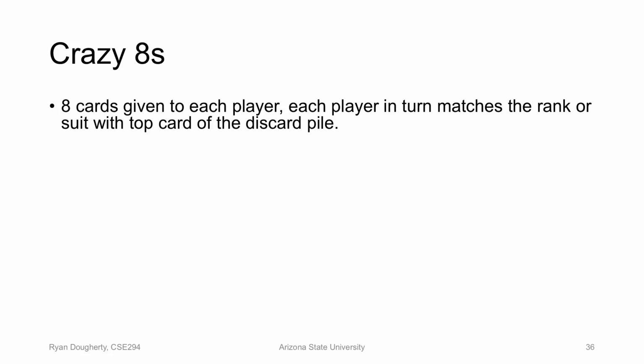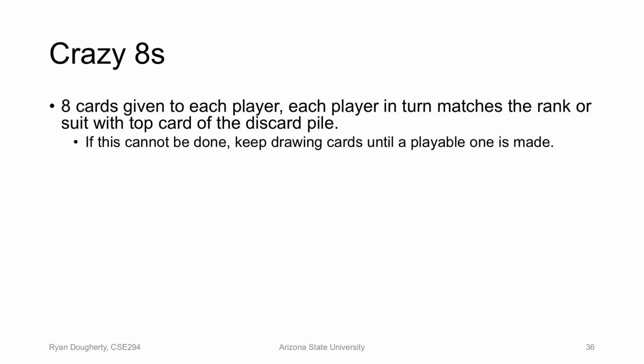And so you go in turn, and then you look at your cards and see if you can match your card to the top card on the pile, either with the number, so if the top card, say, is 5, I want to put down another 5, or if say the suit is hearts, for example, I want to put down another heart, right? And so that's just the basic game. And of course, you may be wondering, okay, maybe I can move, but what if I can't move? Well, if I can't move, then I'm going to keep drawing cards from this pile until I can make a